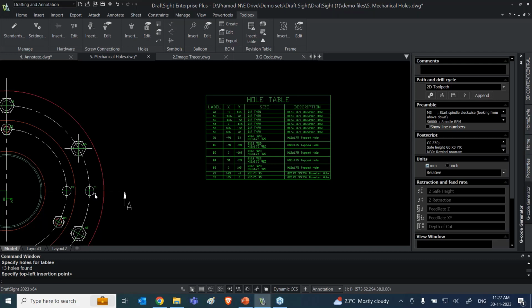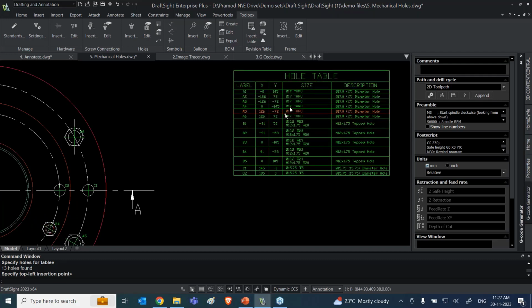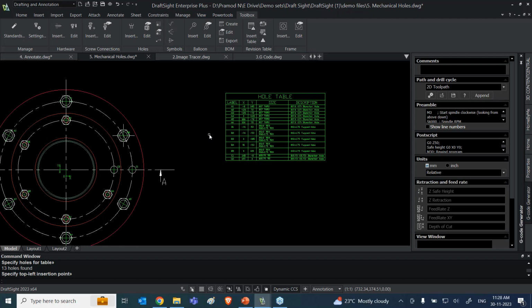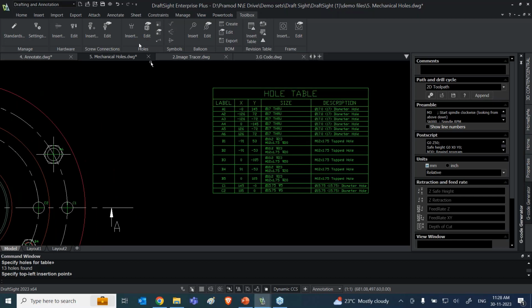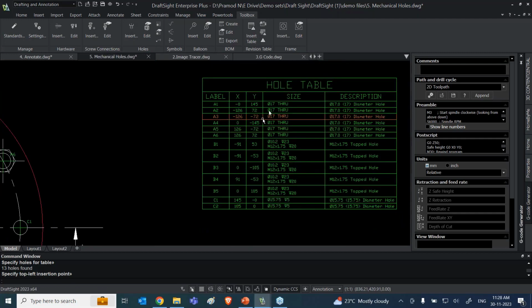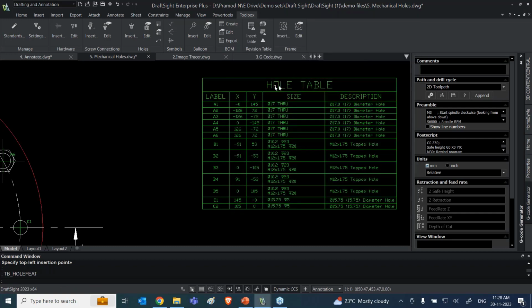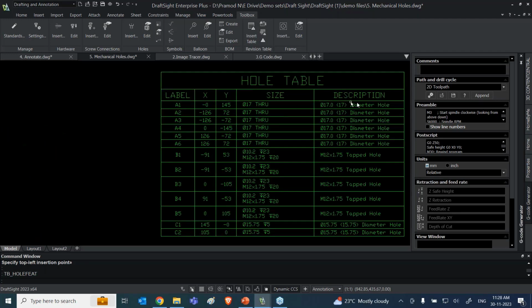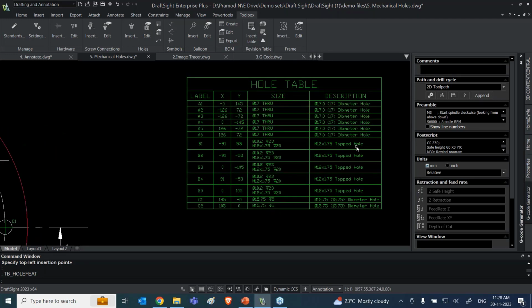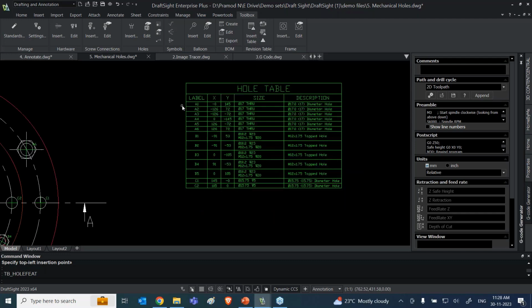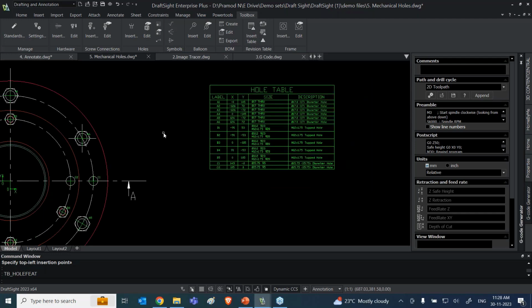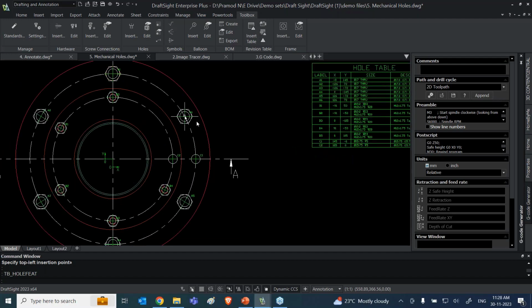If I had defined the holes by using a circle, all this data I would have to put in manually, with my own efforts, as inputs in the hole table. But as I made use of the existing library hole command, that is the Hole Wizard options, you can see all the data that I gave as inputs appearing in the table in the form of a description, and all the other details are available over here. So no need for me to do it manually. This is coming in an automated format,